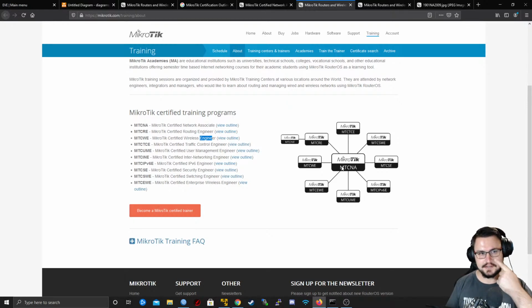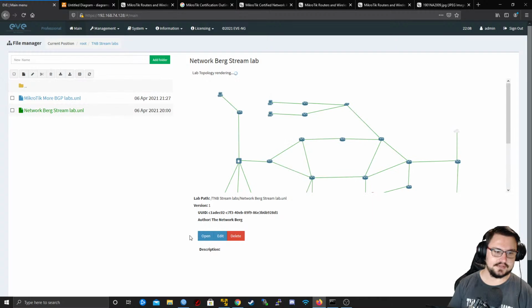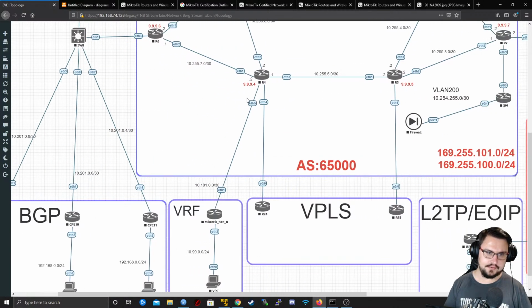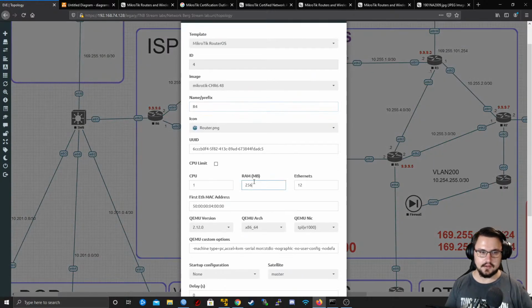You can use the CCRs, which is the cloud core routers, or you could be really fancy and you could get a CHR, which is essentially the stuff that I've been building on EVNG with these labs. So these are CHRs. They're actual routers. They're just running a trial license for 24 hours, but I can do anything that I want on them, and you can scale them as big as you want. Like this router, for example, it could have been a real production router, and I could have given it something like